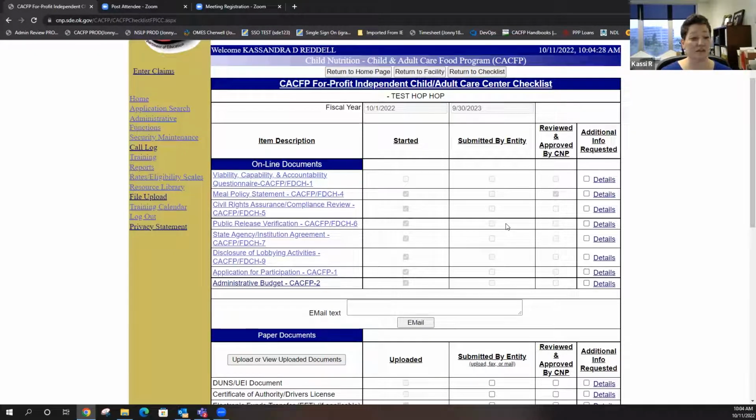If you're unsure if it's good enough, send it to me and I'll tell you. But the point is just to make sure you're not making a profit. And what we consider a profit in CACFP is more than 3 months average. So don't panic if you have money left over that you haven't spent, because it's not a profit until you've exceeded your 3 months average of expenditures. And we'll work with you on that if you did exceed it. We have schools, tribes, some of our bigger institutions who, because of COVID, had extra funding. You might have a profit, and we'll work with you on a spend down plan.